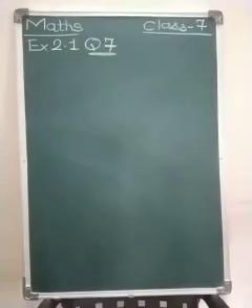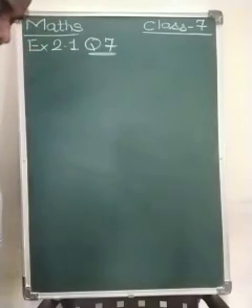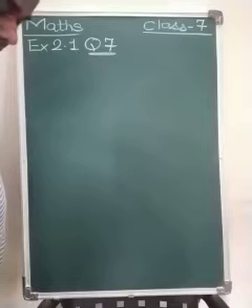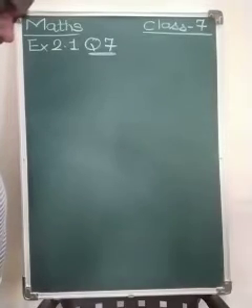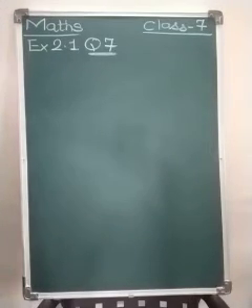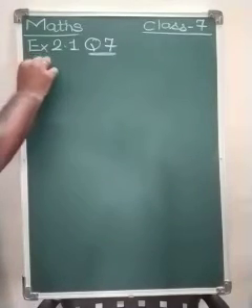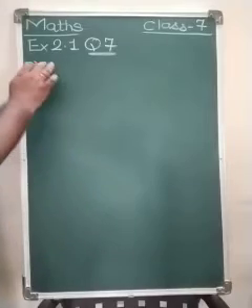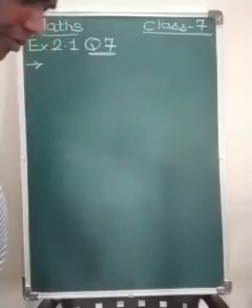Now question number 7 we are going to solve. Let me read the question for you. Ritu ate 3 upon 5 part of an apple, and the remaining apple was eaten by her brother Somu. How much part of the apple did Somu eat? Who had the larger share, and by how much? It is a very simple sum. So first we will write down not the solution but the information.